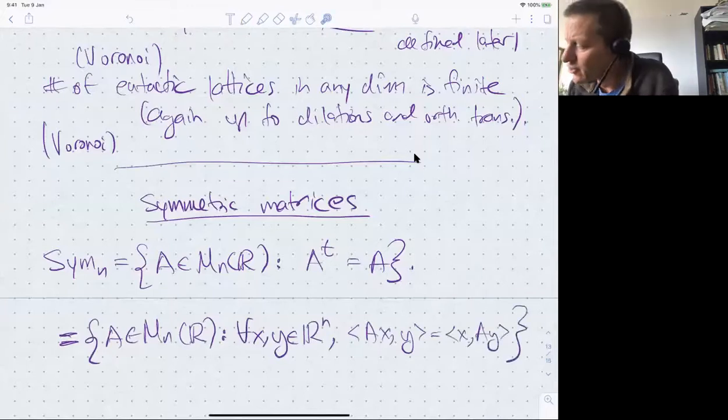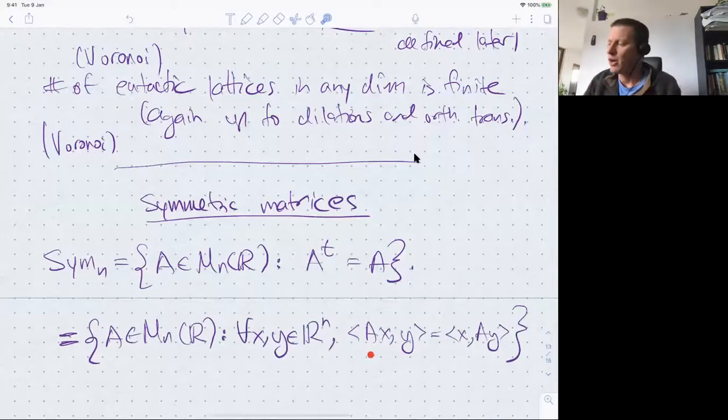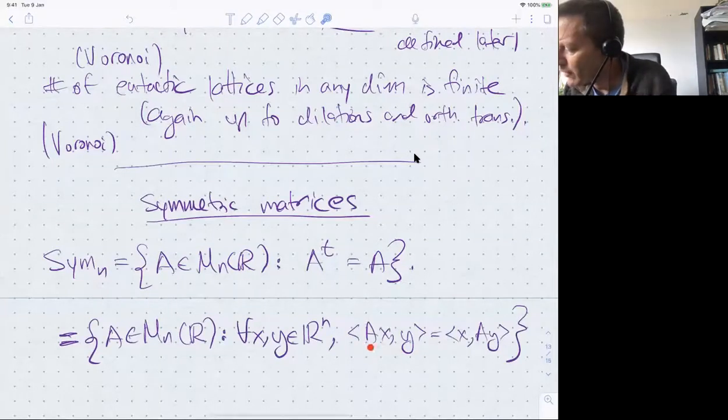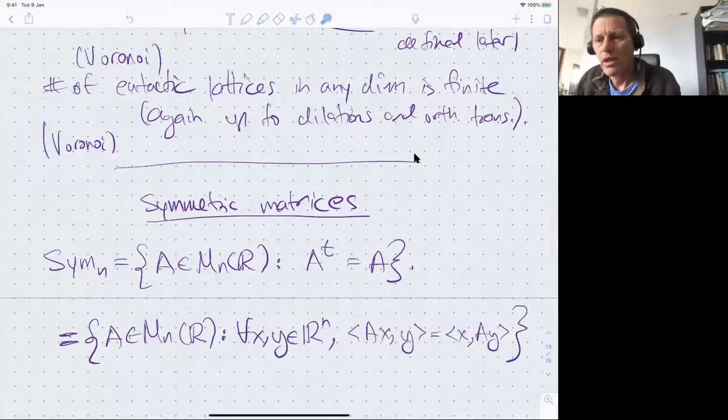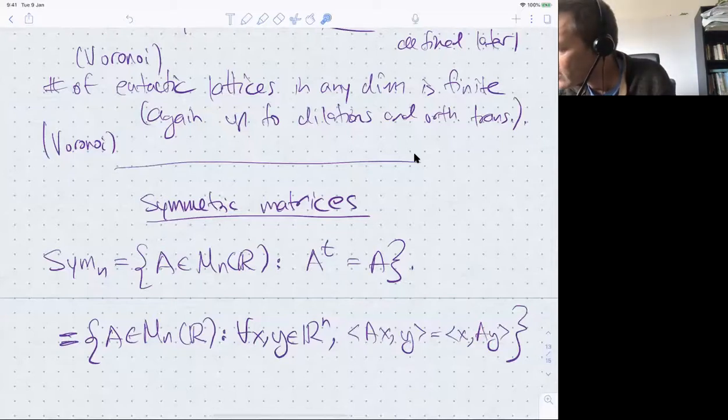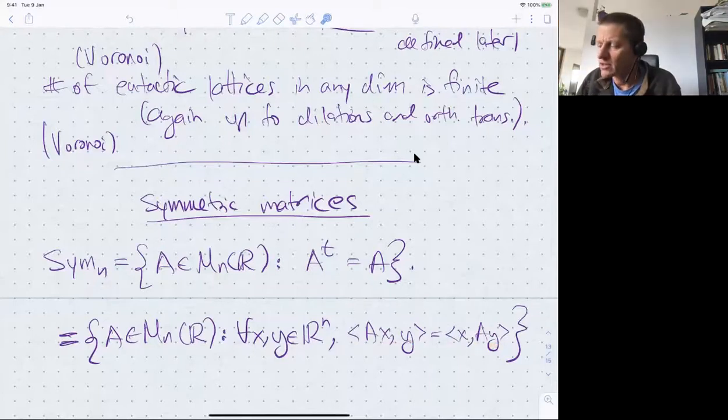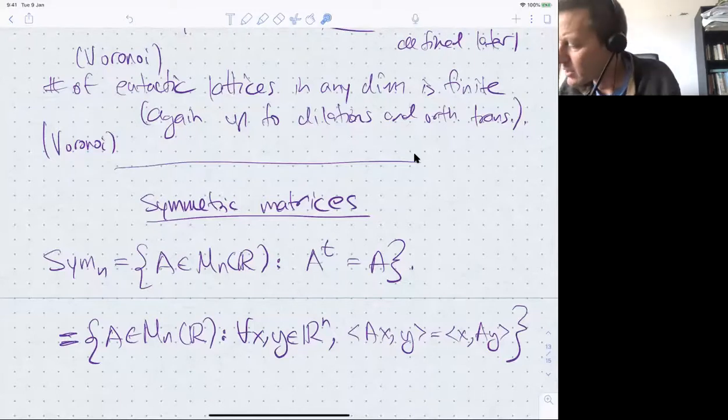So in general, if you have an inner product of two vectors and you multiply one of the vectors by a matrix, if you want to flip the matrix over to the other side, there should be a transpose here. And it's easy to see that you have this identity if instead of A, you have A transpose. So clearly, if A is equal to A transpose, then this is also true. And it's not hard to check that this is necessary and sufficient for being symmetric. If this holds for all, just use the standard basis vectors and you'll see that this is exactly equivalent to